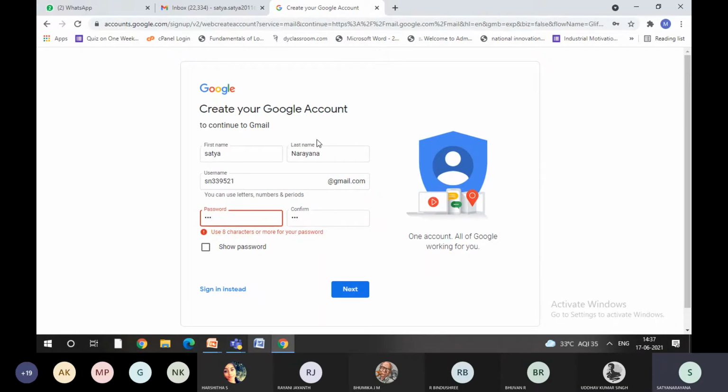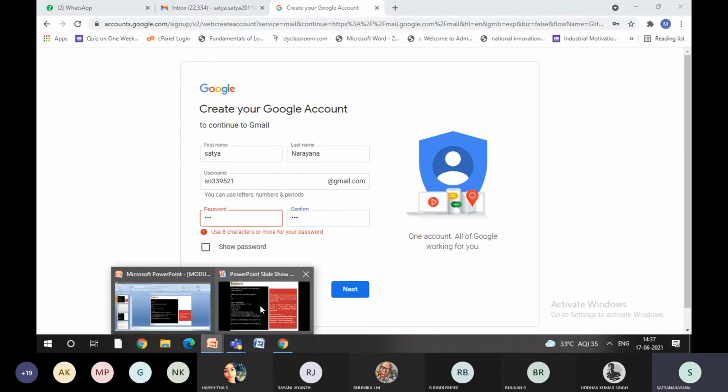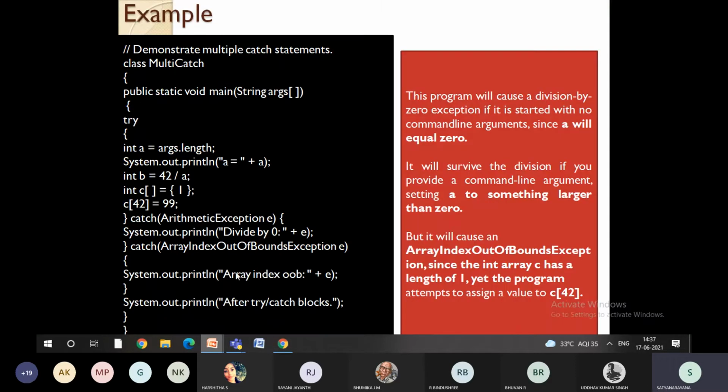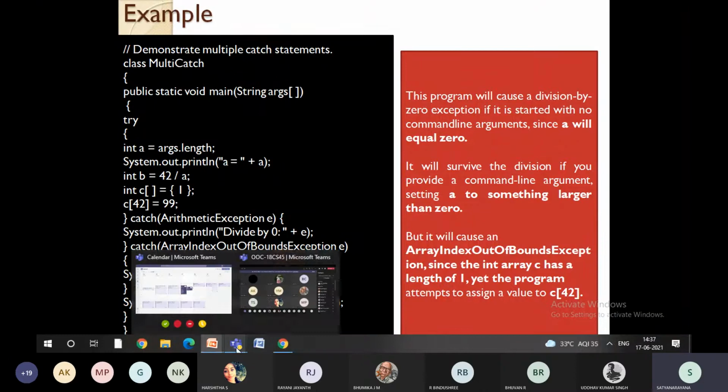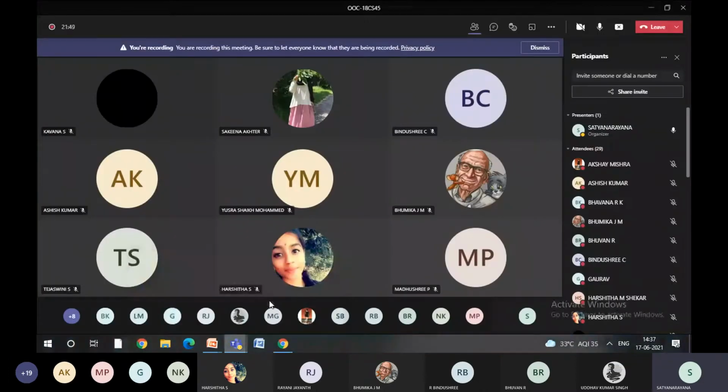See, if you consider this entire as one program, how many exceptions we are writing? 1, 2, 3. So minimum 3 exceptions are getting thrown. So this is what I am telling, multiple classes. So depending on the program, we are going to create number of catch blocks and we are going to generate the program. So is it clear to everyone?